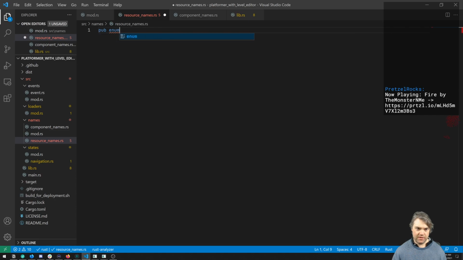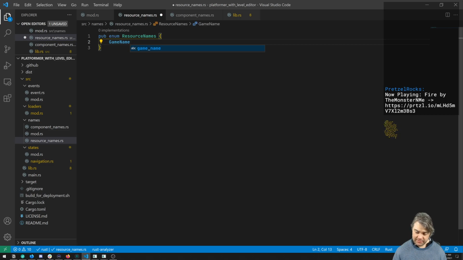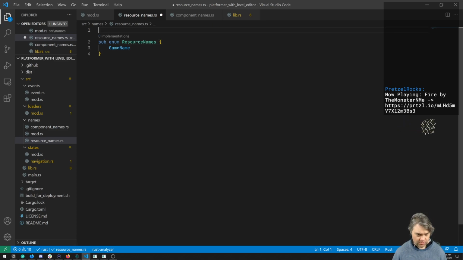So we're going to have a pub enum. It's going to be our resource names. So game name is going to be one of them. We could just go ahead and set up strum here too. So derive